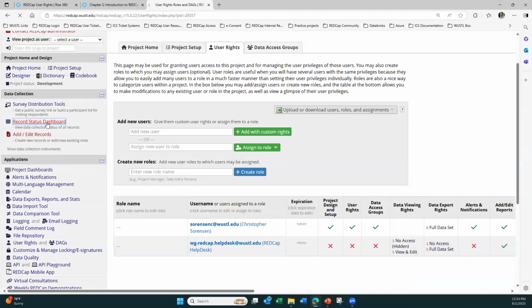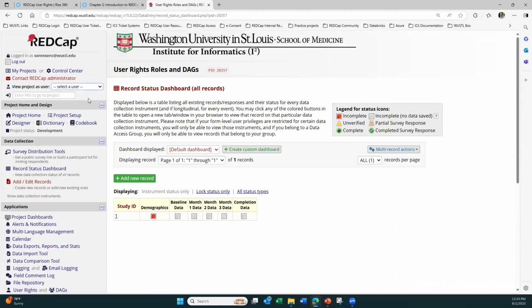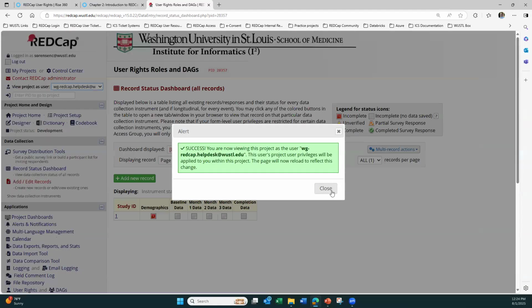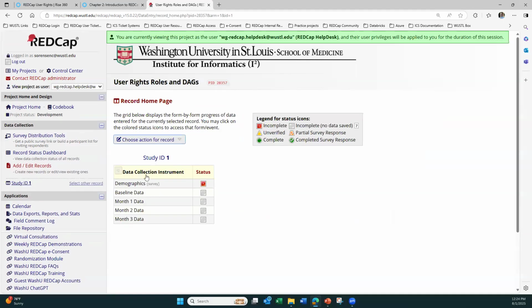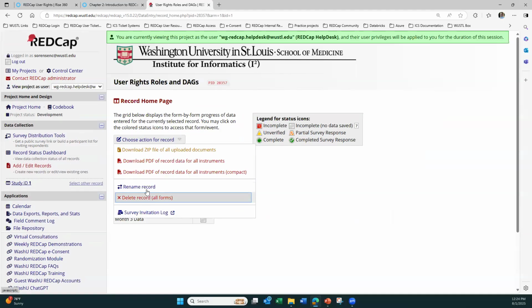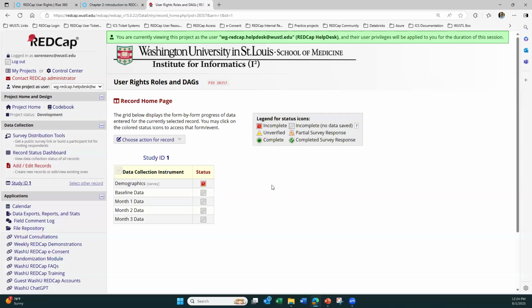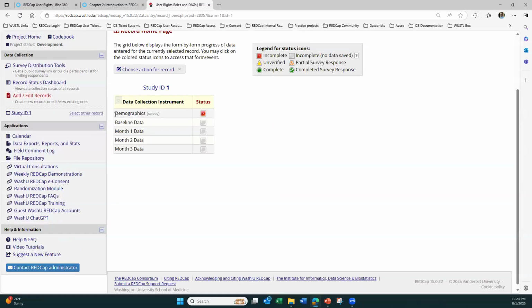So now if I go to the record status dashboard, change my user. Again, notice how one of the instruments went away. And now I can rename or delete the record. Okay, so user rights, they're pretty straightforward. Let me